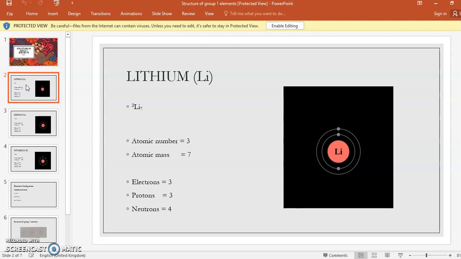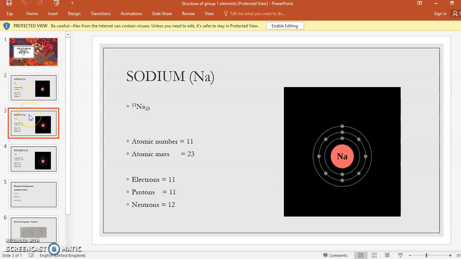So on the left side you can see the structure of lithium. This is the electronic structure of lithium, and if it comes in the exam, you have to draw the structure like this. You have to draw the nucleus inside, write lithium inside, the symbol of lithium. Then in the first orbit or first shell you are going to draw 2 electrons, and in the second one you are going to draw 1 electron. So total number of electrons will be 3. Okay. Now let's come to the second example.